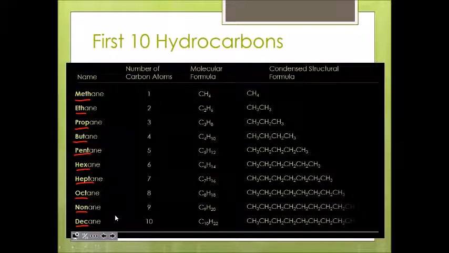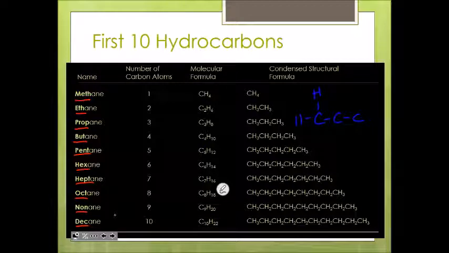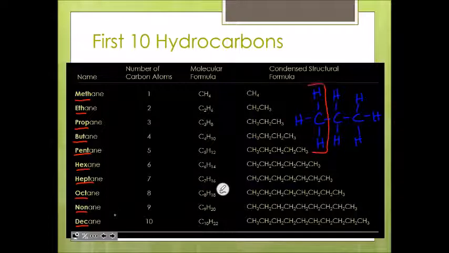But because we're dealing with branch chains and chains, we usually like to do it as a condensed structural formula like so, where we're not writing out everything in the Lewis dot structure, because that would take forever. So for instance, let me show you propane here. If I drew the Lewis dot structure of propane, I would have to draw it like this. And this is how you should think about these condensed structural formulas, as groupings. This is how I do it. Like this part right here. This is a CH3 group, okay? 1 carbon, 3 hydrogens attached.